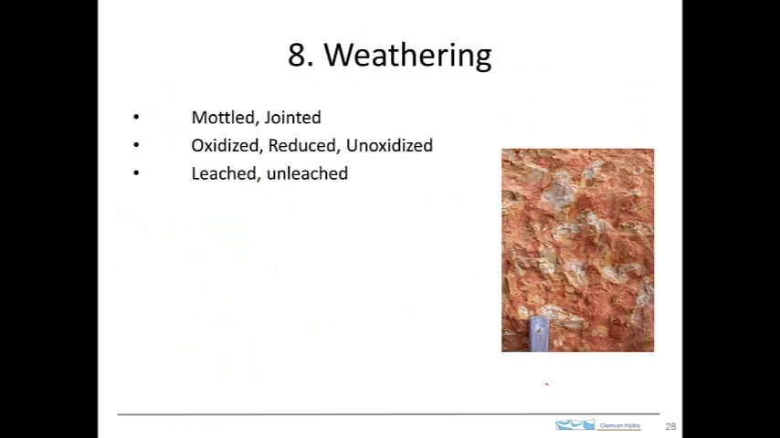Okay, the degree of weathering will be important. This is going to be indicated by, well, one of the aspects that will indicate this is the degree of mottling, and jointing. Here's a picture of some mottles. You can see these different colors: the light tan or whitish color, the tan or brownish color, and then the reddish color. That's a mottled structure, and one of the things that